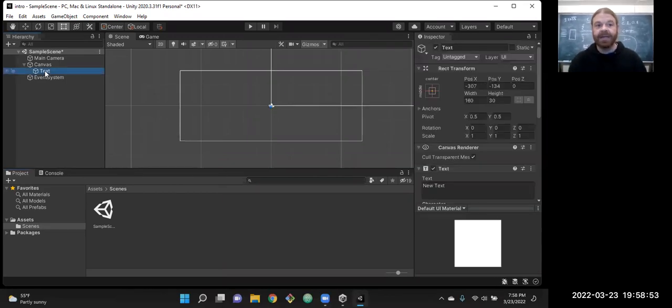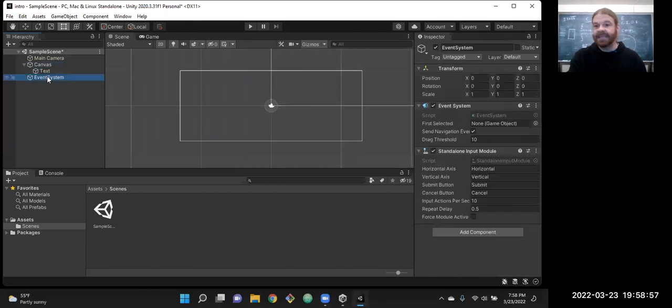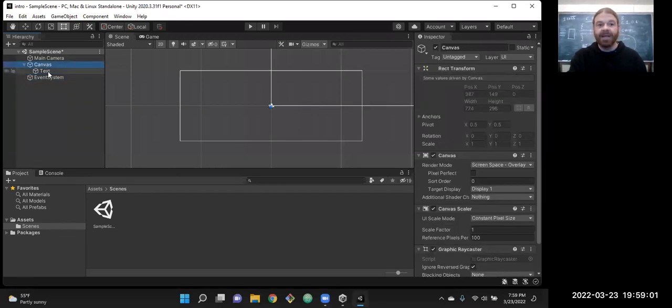So you notice when I selected text, it added a canvas and an event system. Those have to be drawn, and anything else we need, if we need a dozen text objects, they can all go on the same canvas. If we need 3 text objects, 2 buttons, and 4 input boxes, they can all go on one canvas. So we only need 1 canvas and 1 event system, and then all the rest of our stuff just loads in there.